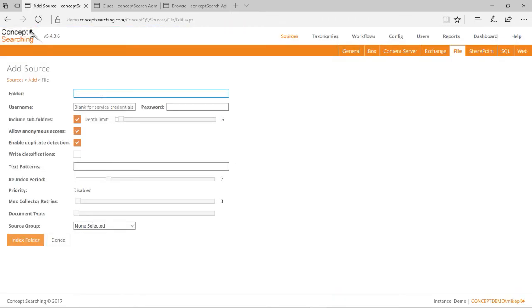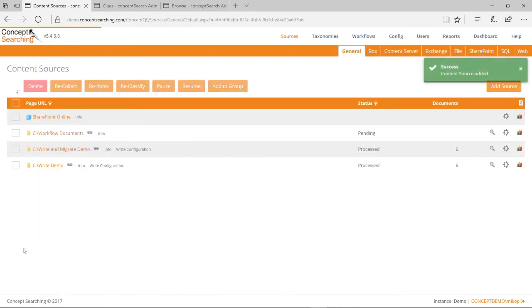So, by clicking on this, I bring up a very simple form. I can choose to paste in my URL, and then I can choose to specify alternate credentials as well as a number of other options, but in this case we'll leave those as default. And I simply click Index Folder. What that's going to do is queue that folder for enumeration, collection, indexing, and auto-classification by the core services, and I can then analyze that document based on the classifications that are applied. So now let's take a look at how we actually apply those auto-classifications.